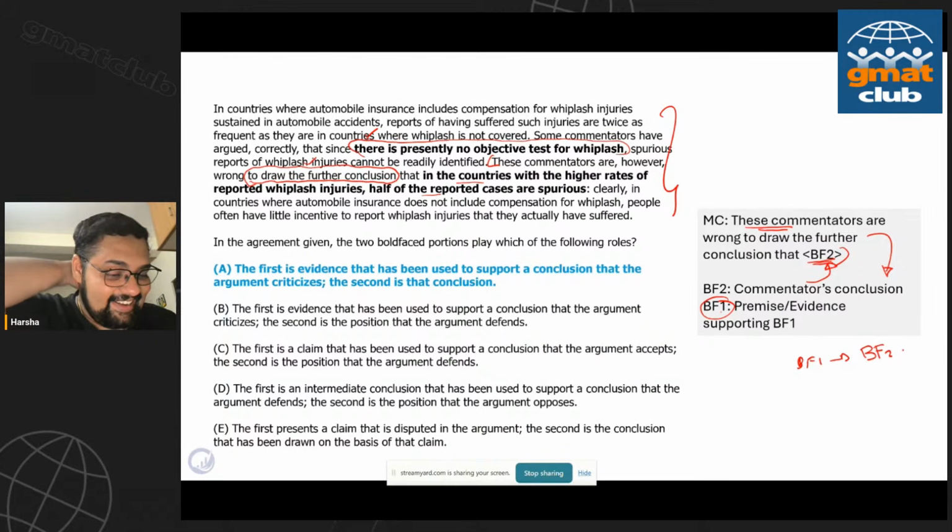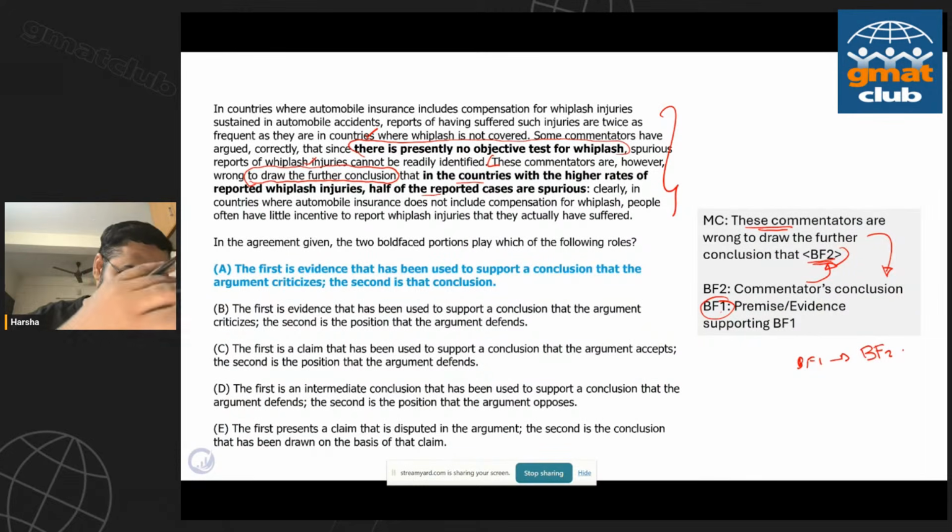And Juan, Rishika, eventually you guys were right. So all of you who changed your answers, you guys saw something here in the choices as well. There's another subtlety that's there in choice A, which I want to discuss. It's a very common trap in boldface. So let's discuss choice A, which is the right answer.